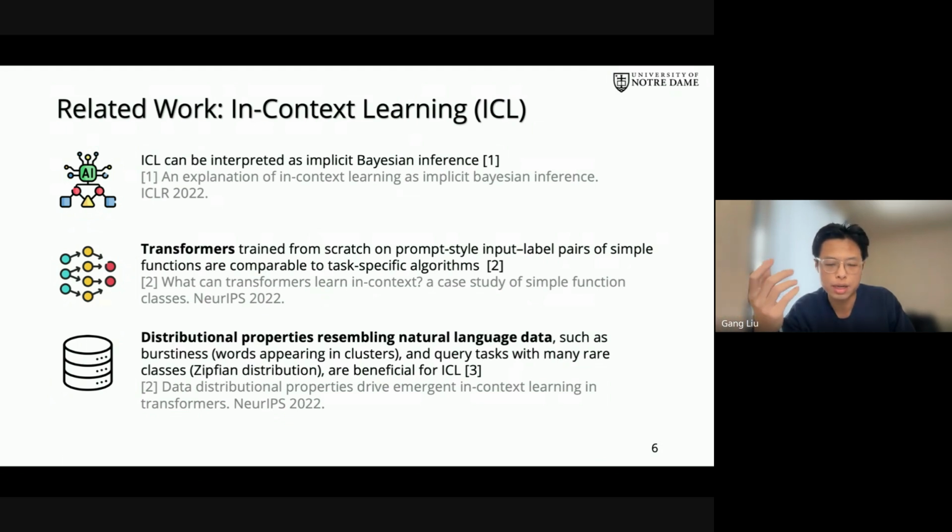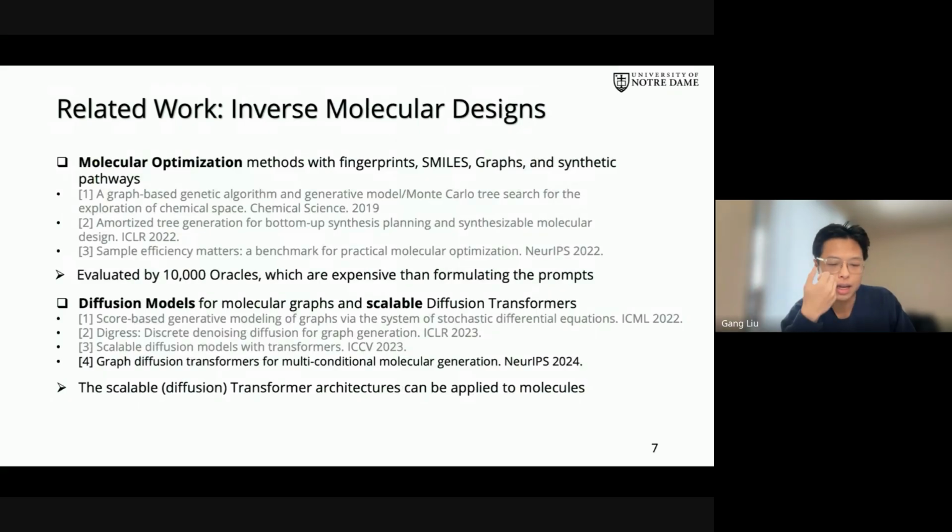There are two kinds of distributional properties that are very important to the emergence of in-context learning abilities: burstiness and the requirement of the query class with many rare classes. In short, the pre-training distribution should follow Zipf's law, which will benefit the pre-training of the transformers. So on the other hand, inverse